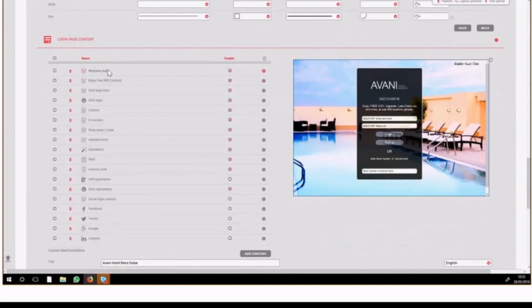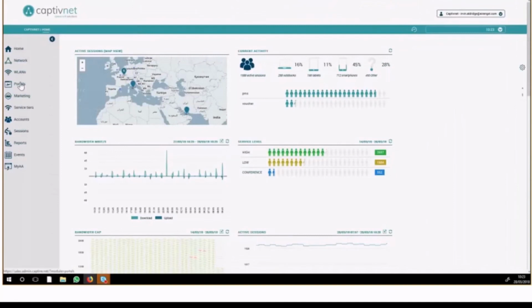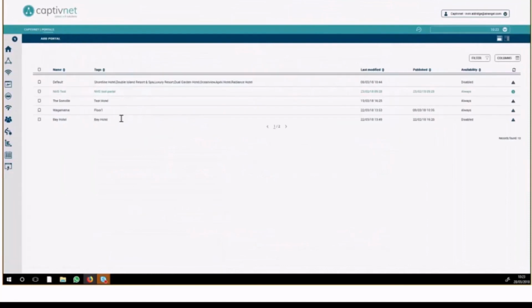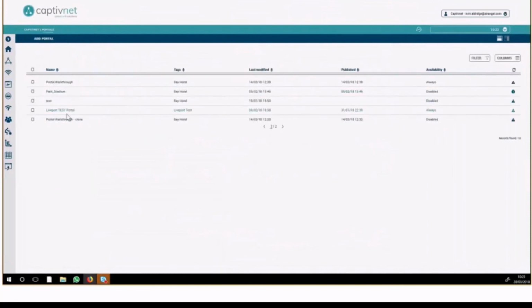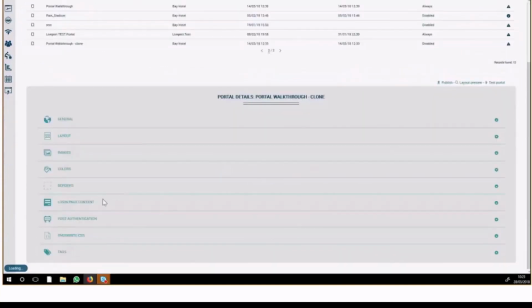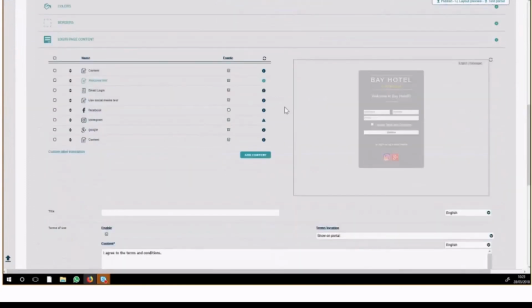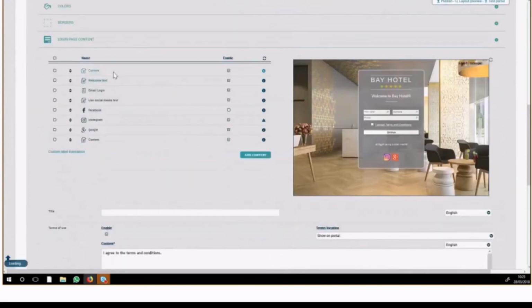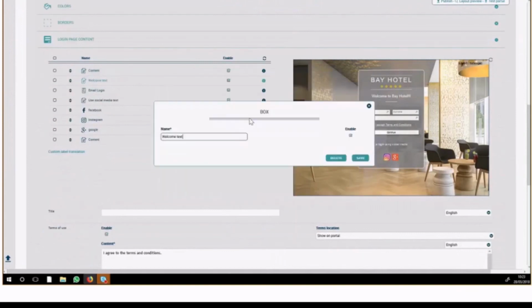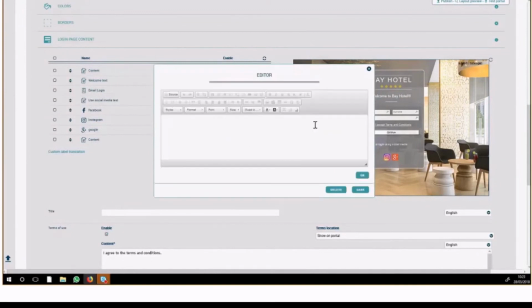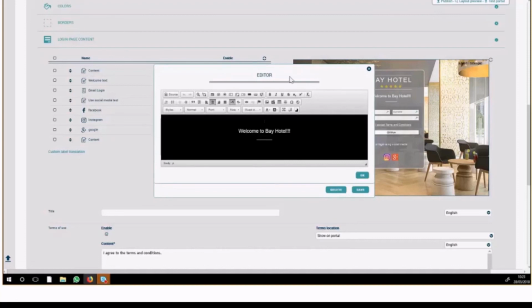All of these elements here are represented on the portal here. So if we make any changes, and I won't do it on the live site, if I dive back across here into our demonstration system and go into here. So we've got an example portal here. If I wanted to change some of the content that's on these pages, so we've got some welcome text. It opens up this content box, and you'll see these content boxes in numerous places across the site. But here we were looking at the welcome text, and it's this